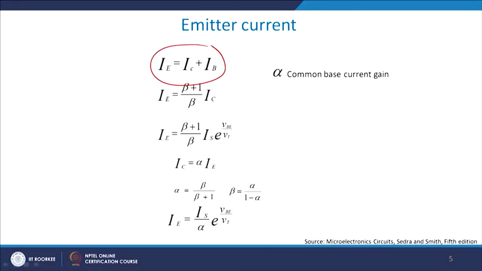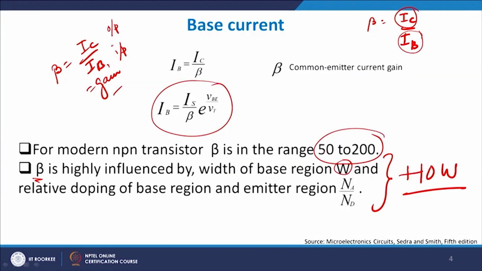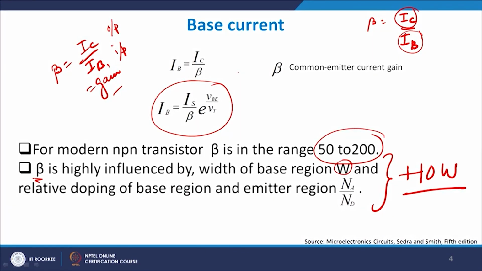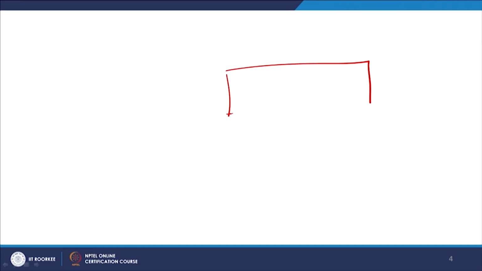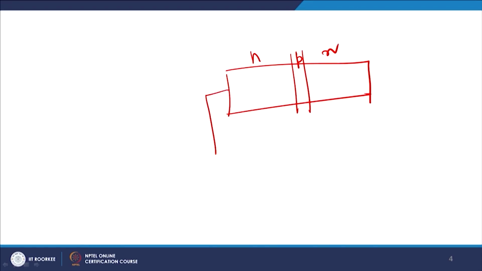If you go back to your previous slides in this course, you will see that, or maybe let me draw for you, if I have an NPN or a PNP, then what I get from here is that this is forward biased and this is reverse biased and this is forward biased, and this is the width region, W, the width